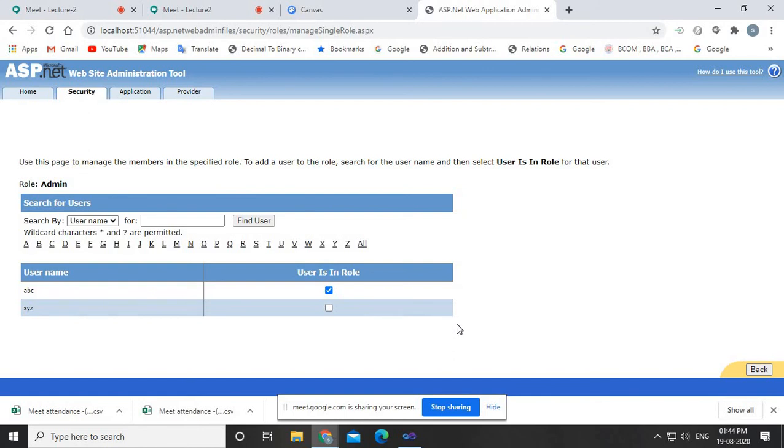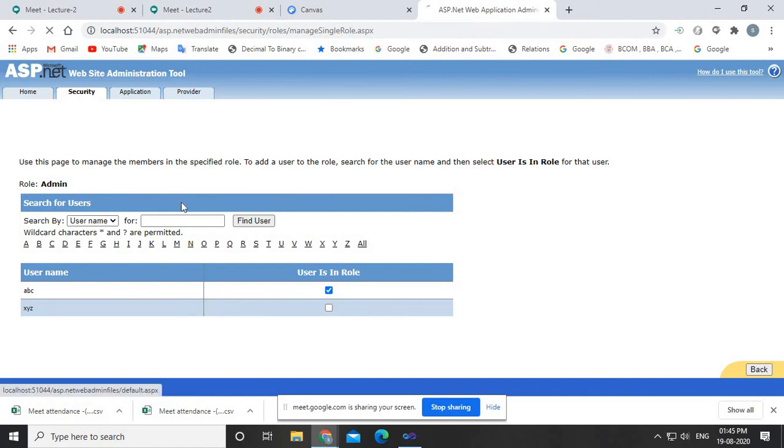Fine. But you know, we are actually testing the security, right? So obviously one user has to be an outsider, right? You have to keep one user outside, otherwise how will you test? If ABC logs in, the admin page gets open. If XYZ logs in, the admin page gets open, because both the users are members of the admin role. So here, if you wish, we can create one more user outside the group, so that one remains outside the group.